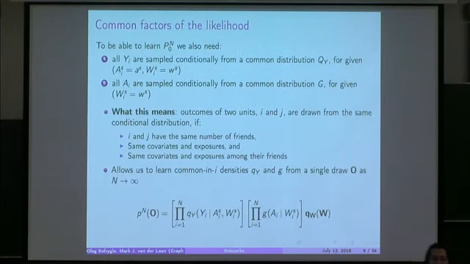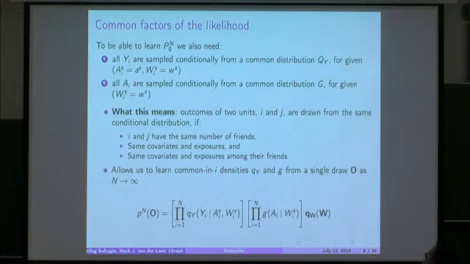We have to make more assumptions to actually be able to learn this distribution for all n units. We assume that conditional on some summary values, all Yi's, the outcomes, will be sampled from the same distribution. That doesn't mean that they're all sampled from the same distribution for all units. It just means that when we condition on the same values, they would be the same. So meaning that there is a common parameter that will allow us to identify the conditional outcome model. Same thing with exposures.